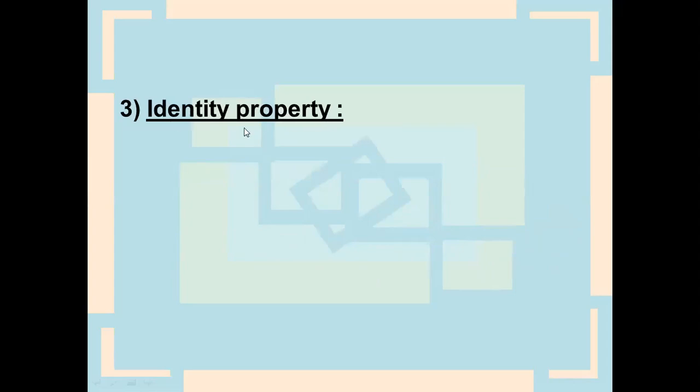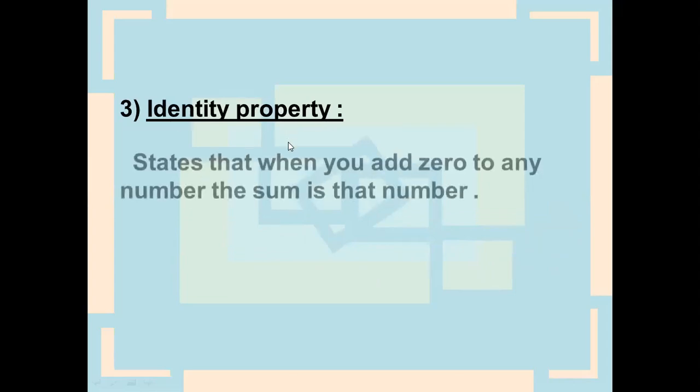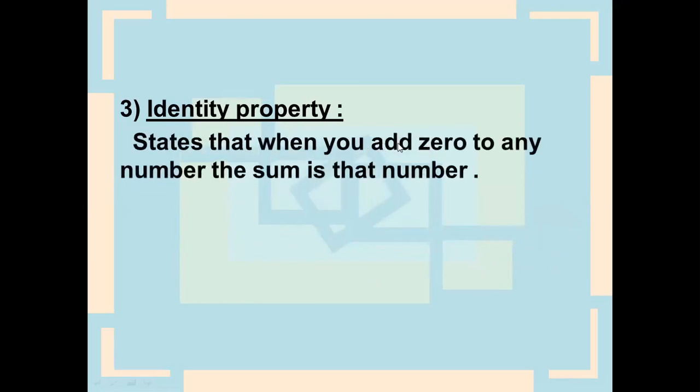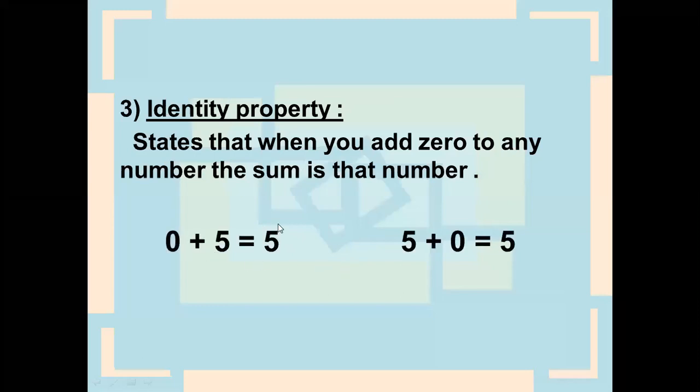Identity property. The identity property means when you add 0 to any number, the sum is that number. Any number plus 0 equals the same number. For example, 0 plus 5, the result will be 5, or 5 plus 0, the result would also be 5. Any number plus 0 equals the same number. Again,